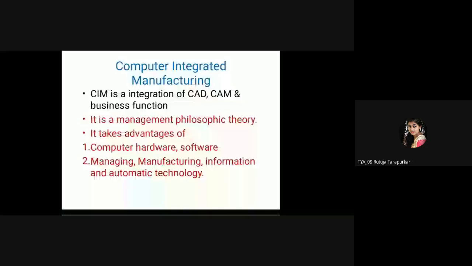What name did we give it? Computer integrated manufacturing is nothing but concurrent engineering of all departments under the CAD, CAM and business functions. Okay, so CIM is a new kind of management philosophy and theory used in organizing, managing, and running enterprise production. It takes advantage of computer software and hardware, managing technology, manufacturing technology, information technology, automatic technology,